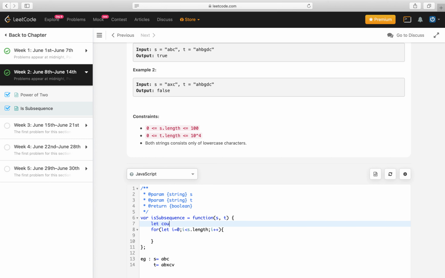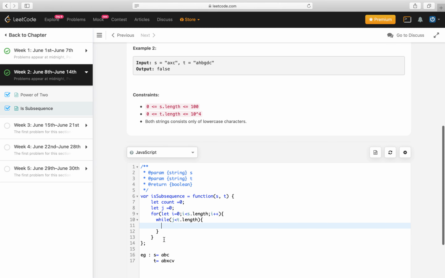Let count is equal to 0. Let's have a variable j which is initialized to 0, and now we will start with the inner loop, which will be a while loop, j less than t.length.